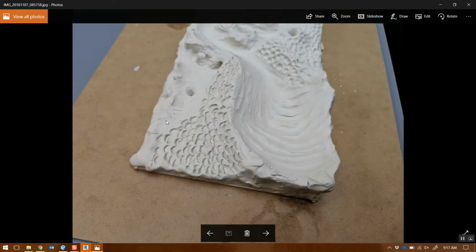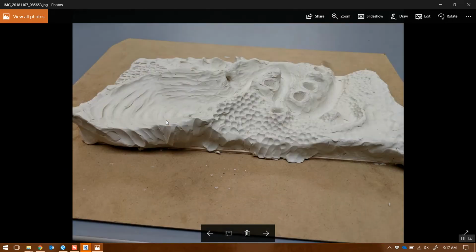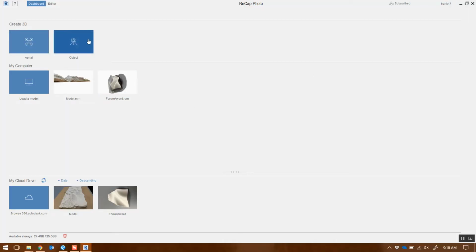So you see how I took about 40 pictures, just a little bit like that. Then what you do is you have all these pictures on your computer, right? And then in Recap, there's a 3D meshing